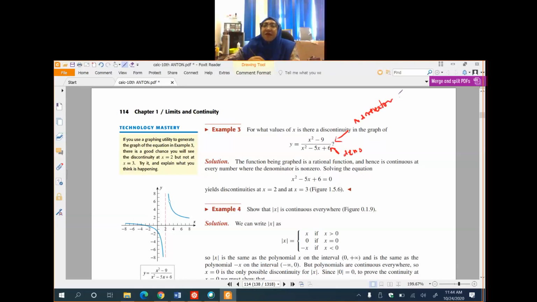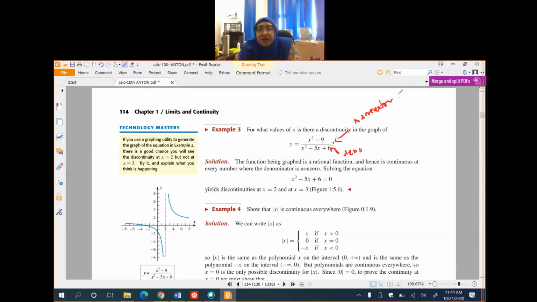Polynomial is fine. Polynomial is always continuous. But for a rational function, we have to be careful, especially with the denominator, because the singularity is decided by the denominator. Singularity is the point where the function fails to be continuous. So if you look at